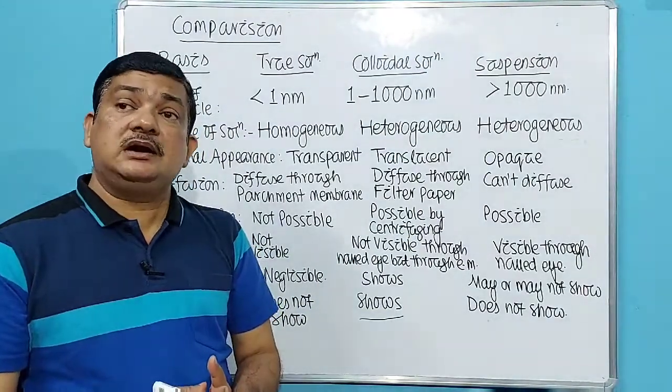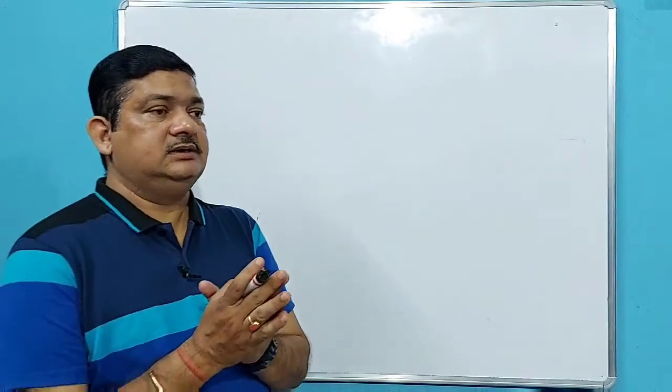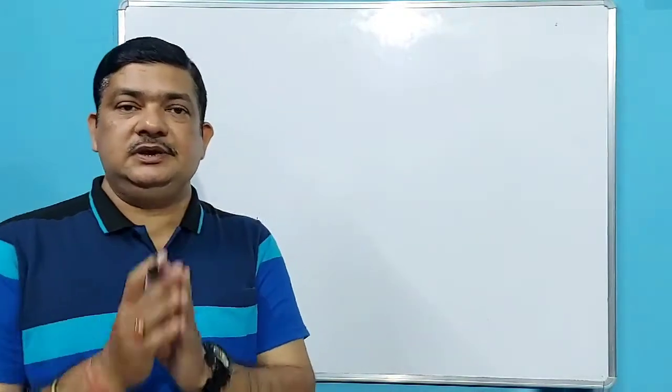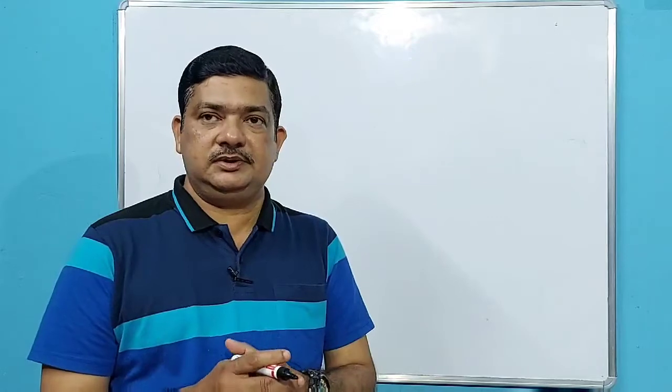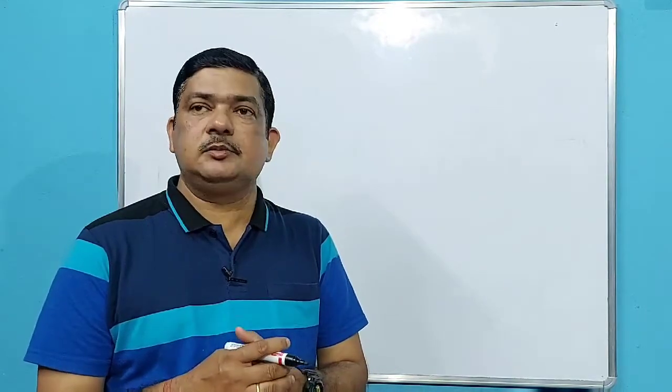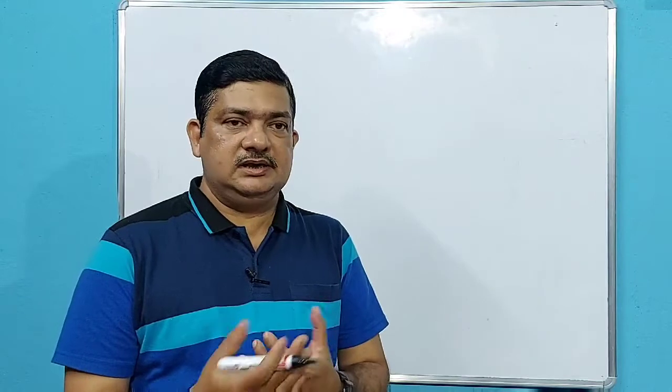Then next we will discuss how the colloidal solutions are formed. So students, as you just learned that the colloidal particles are unique due to their intermediate particle size. Due to the intermediate particle size ranging from 1 nanometer to 1000 nanometer, they show some unique features and they have a great deal of application. Mostly they are used for medicinal purpose. Medicines are both used. And the case of alum. Have you seen how water is disinfected by using alum? The smaller particles, they are aggregated by use of alum.